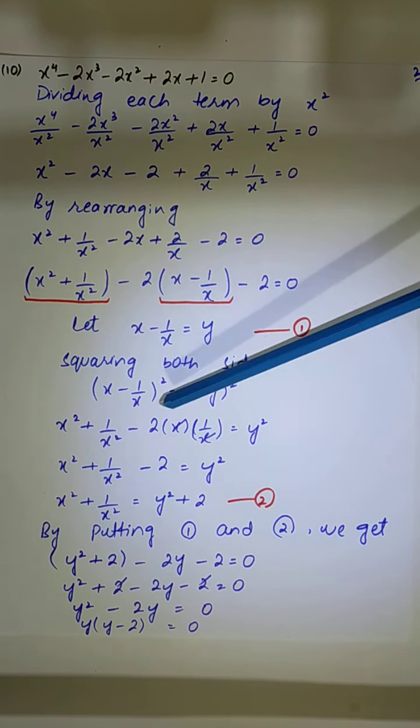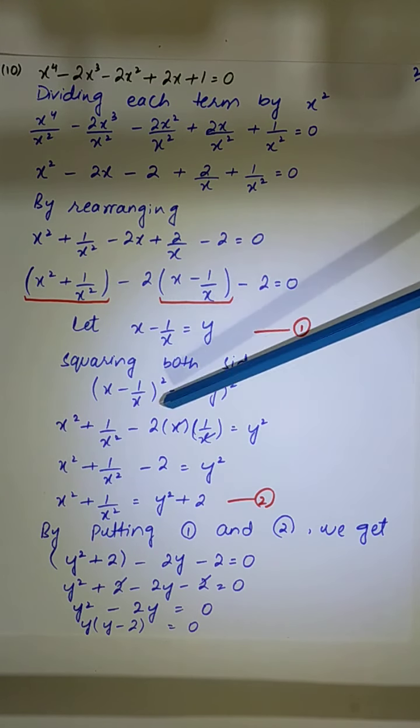After that we will take y as common, and y minus 2 is left inside the bracket, which is equal to 0. Now we will equate both of these, y and y minus 2, equal to 0 separately to calculate the values of y. Turn to the next page. Now we are going to calculate the values of y, that is y is equal to 0, y minus 2 is equal to 0. From here we get y equals 0, and from here we get y is equal to 2.